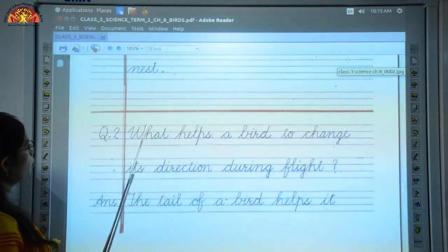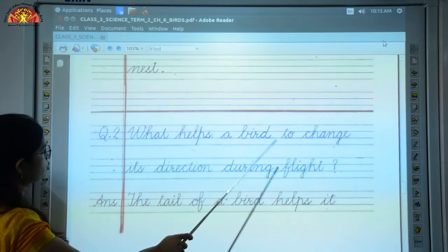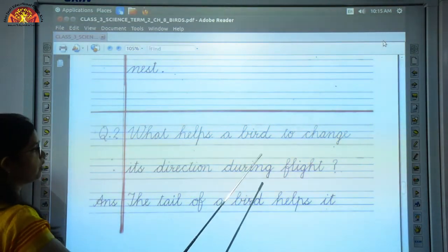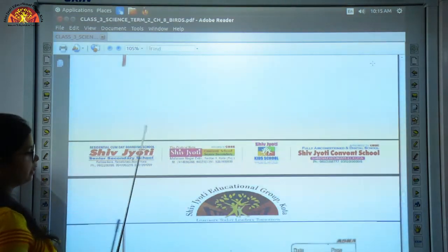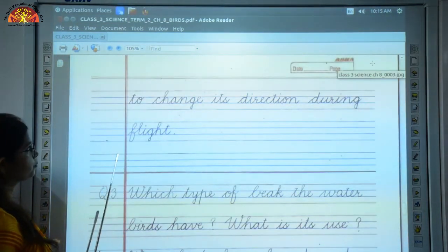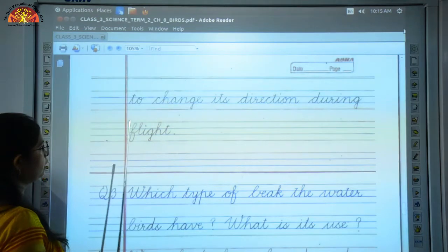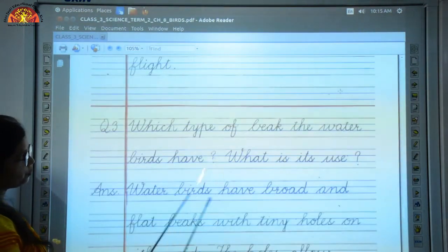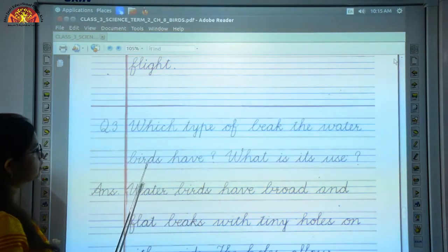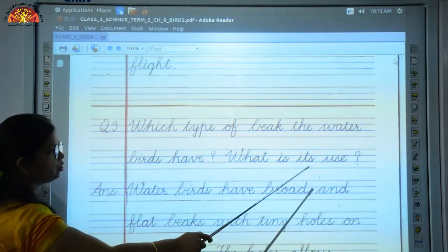Then question number 2, what helps a bird to change its direction during flight? So the answer to this is, the tail of a bird helps it to change its direction during flight. Now we move to question number 3. Which type of beak do the water birds have? What is its use?